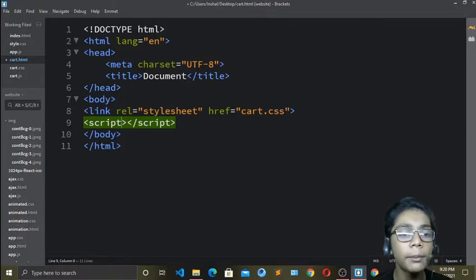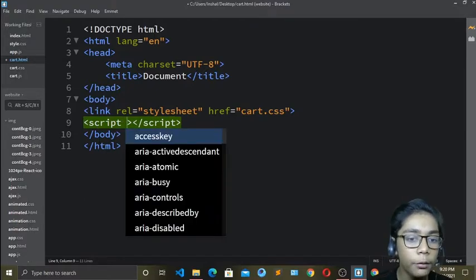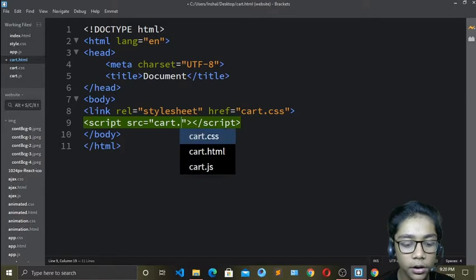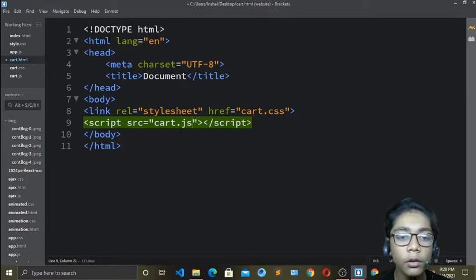So I will first of all come in my script tag, and now in that you have to write src, means source, like I've been telling you. And now in that you have to define your JavaScript sheet name, which you have to link. Okay, so my JavaScript sheet name is cart.js, so I will write cart.js. Okay, and here you have to take care of one thing when you are defining the source and your JavaScript sheet. You have to define it in your starting script tag. If you define it in your closing script tag, it will not work.